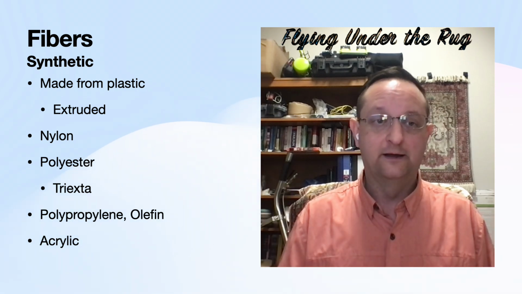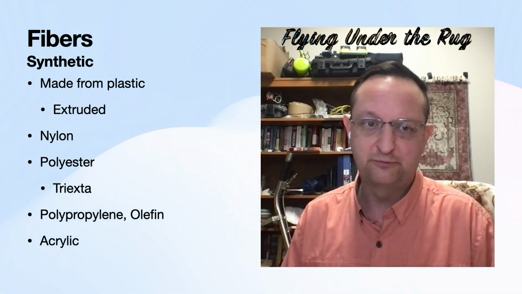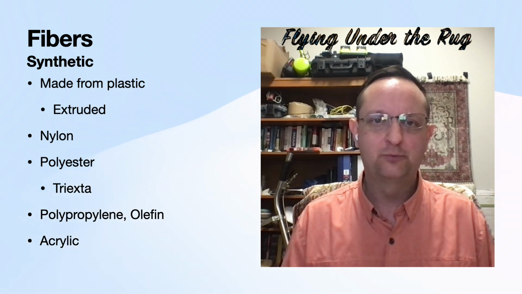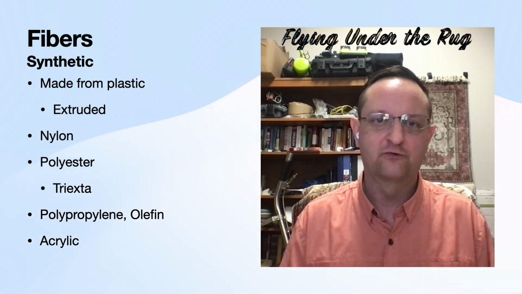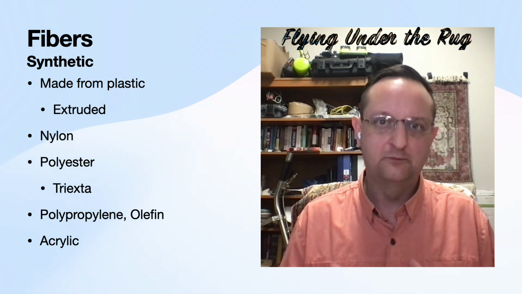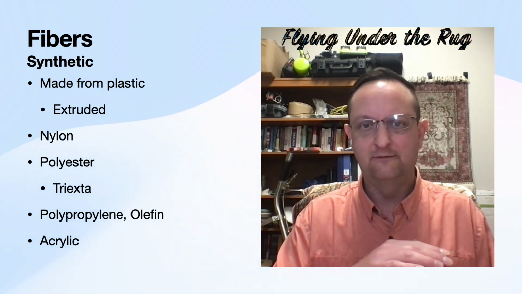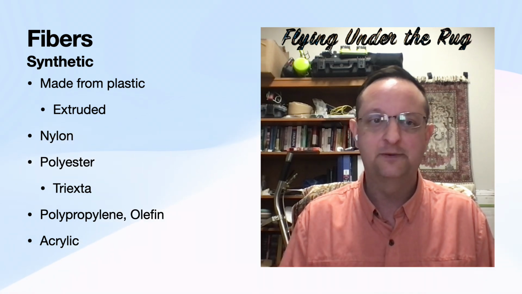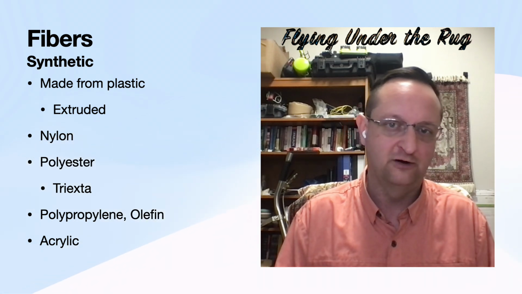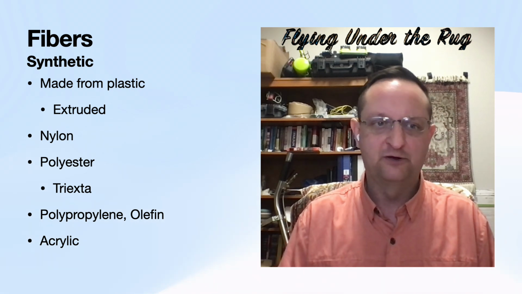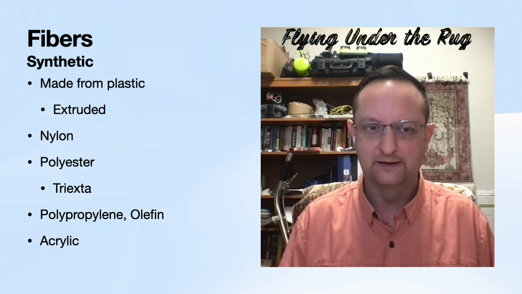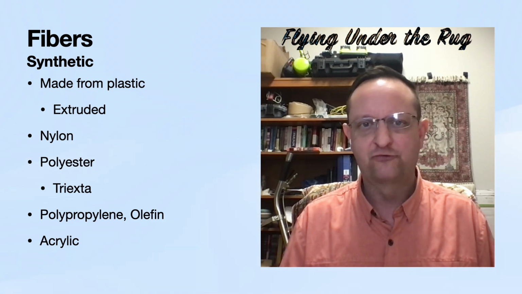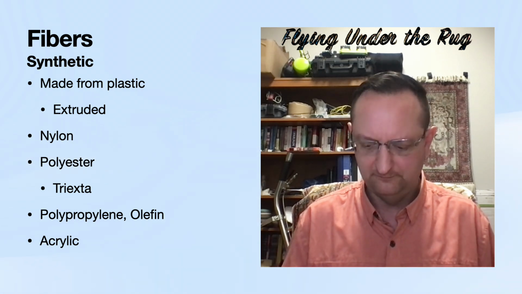Okay, another one that we see quite a bit is polypropylene and olefin. They are one and the same, interchangeable words. In the carpet industry, we talk about polypropylene as being foundation fibers. They're the ones that make up foundations, the backing of carpets, whereas olefin might make up the face yarns. But they are pretty much the same. And then the last one is acrylic. We see that mostly maybe in a rug, maybe in upholstery, and in some clothing items.